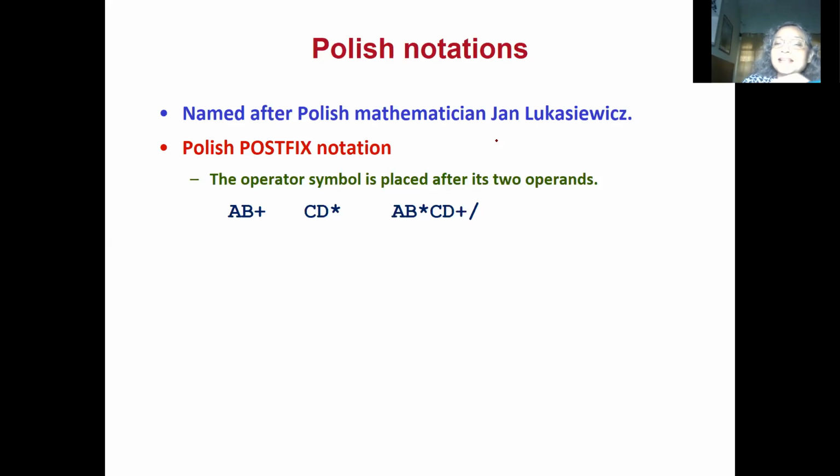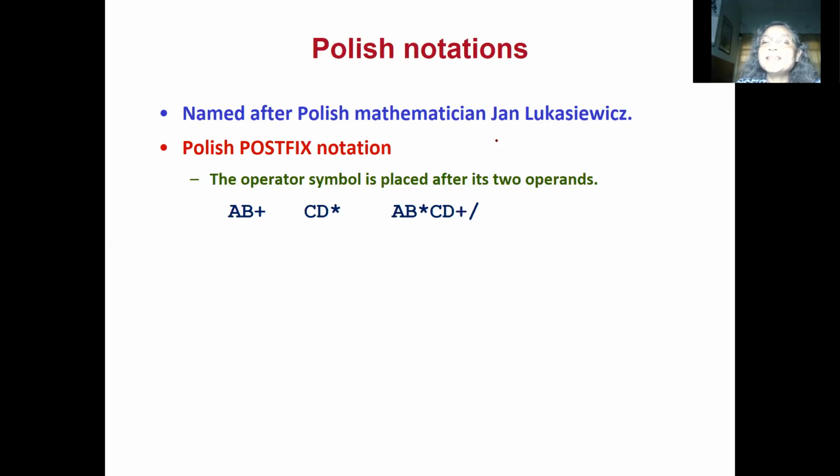You take the token. If it is an operand, you push it into the stack. If it is an operator and it's a binary operator, then you pop 2 elements from the stack and then evaluate them with respect to the operator. The resulting value you put back in the stack. And you do this until you have finished the entire expression string. And then after you have finished the string, the stack will contain the result. So we will illustrate by an example.